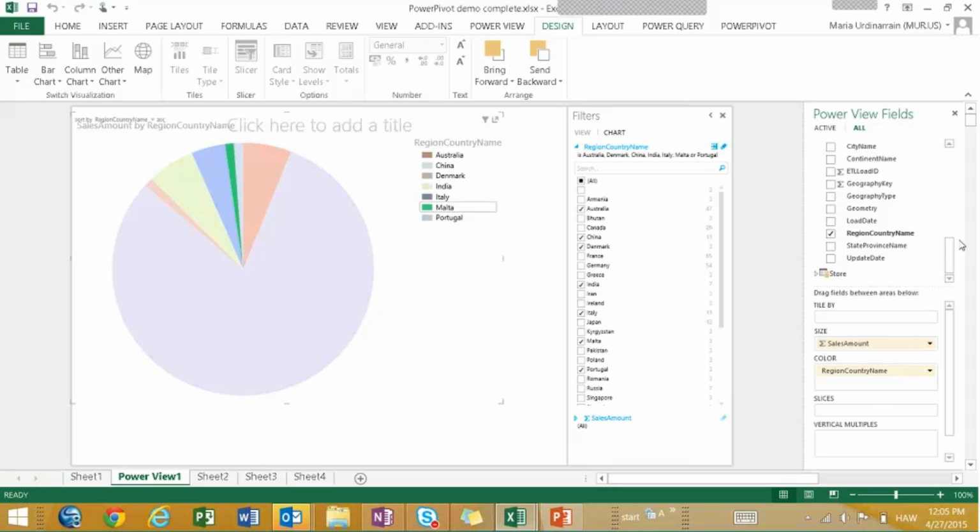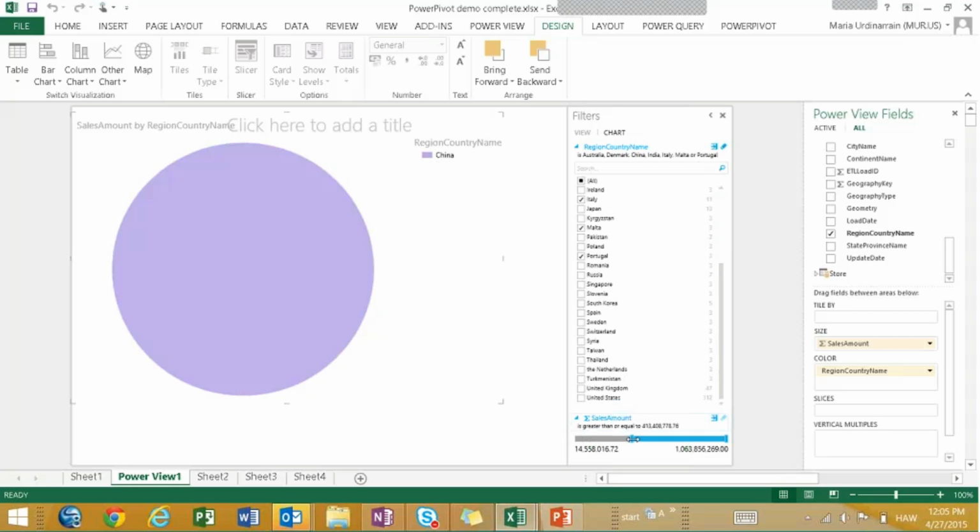And another way of doing this is all of our sales amounts. And within the sales amounts, you can slide it. And a lot of these have sliders. So let's say, oh gosh, I really don't need to see everything that's under, let's say, $623 million. Looks like China is the company that you've been doing pretty well in. So these are all different ways of changing and playing